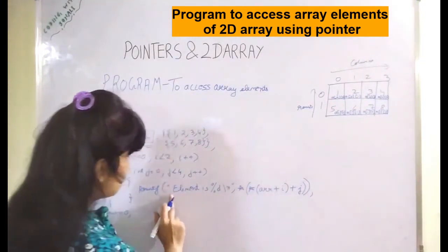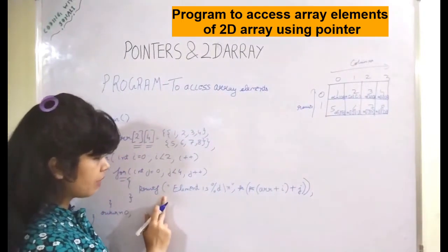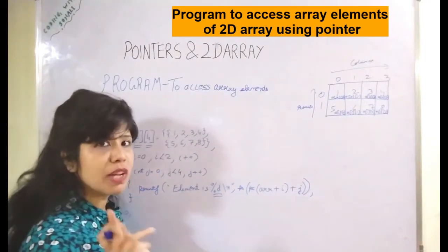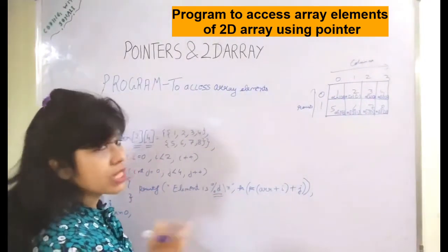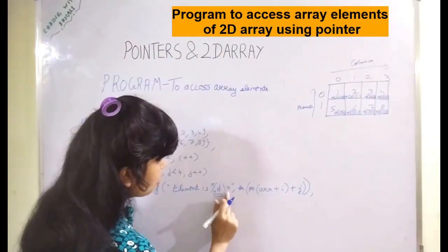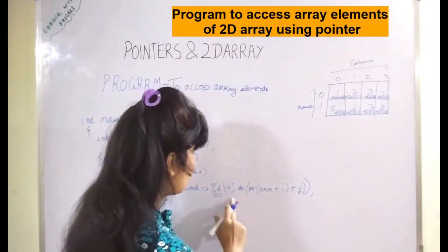So I'm using here printf, which is used to display a message on the console in C language. I'm writing this message with format specifier %d because we have to print an element whose data type is integer. Therefore %d \n is to come on the new line. That depends on what you are giving. You can give anything depending upon your requirement.